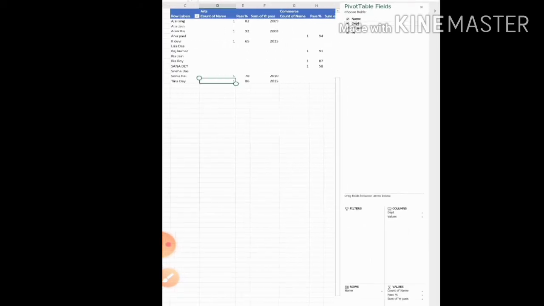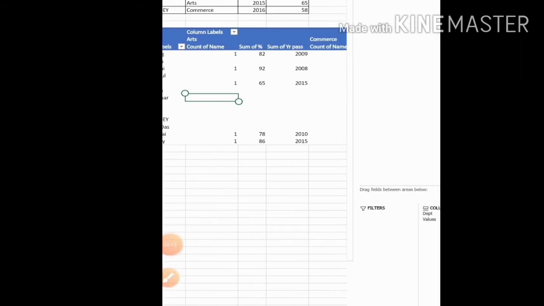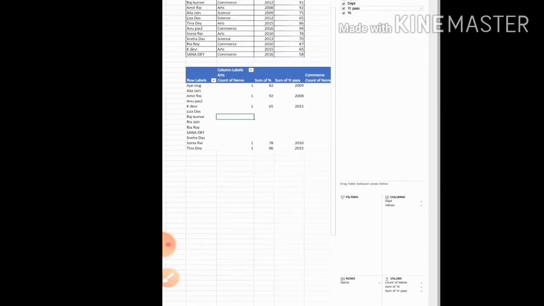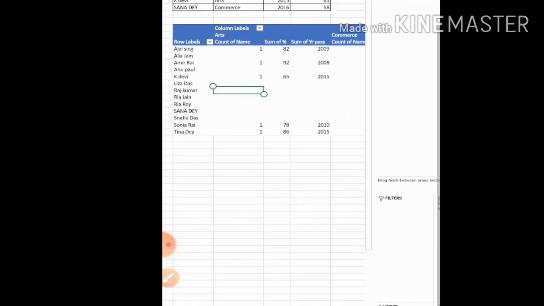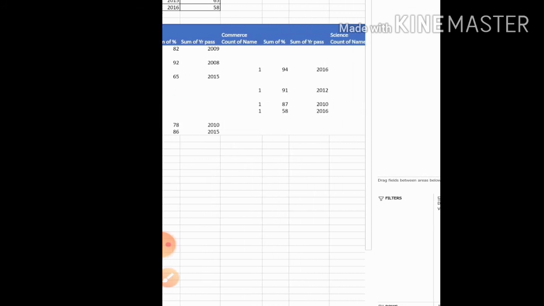So now see here, column label means arts, science, commerce are displayed as columns. See, arts, and then count of name, then sum of the percentage, sum of the passing year, then see commerce.